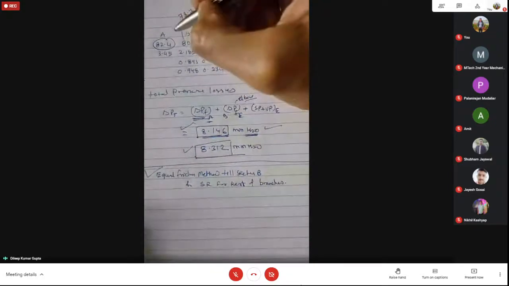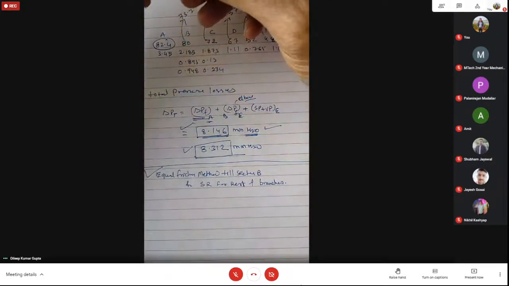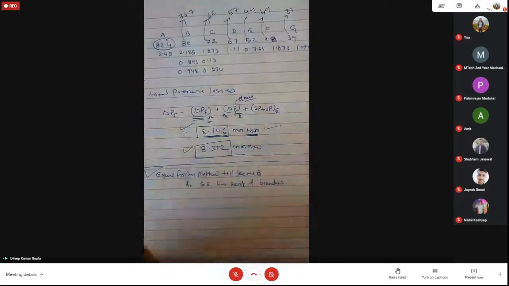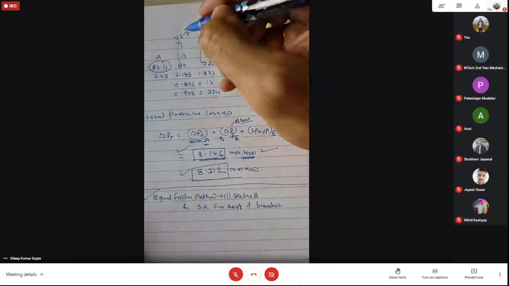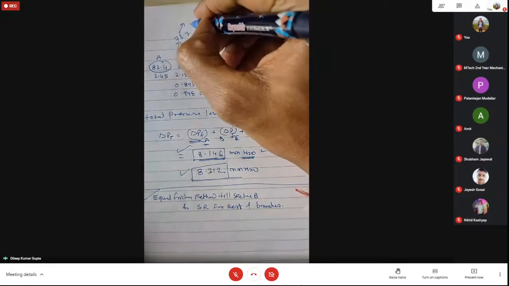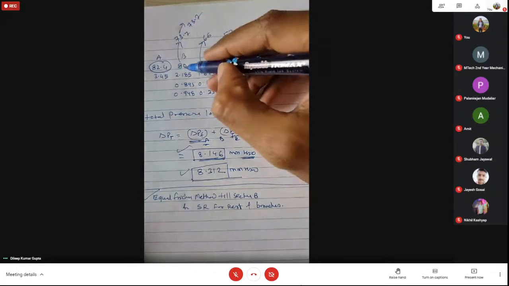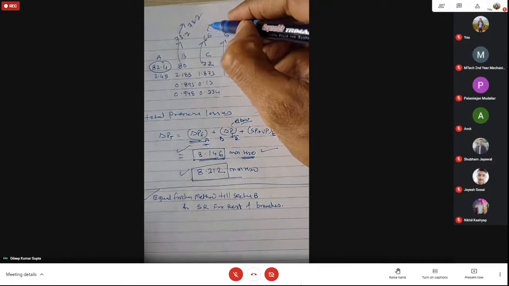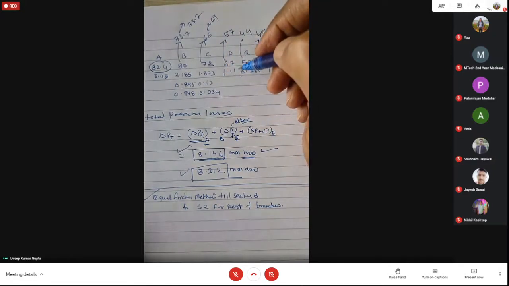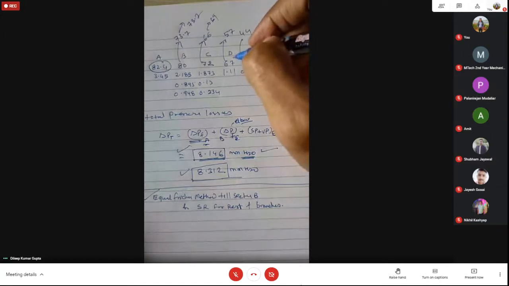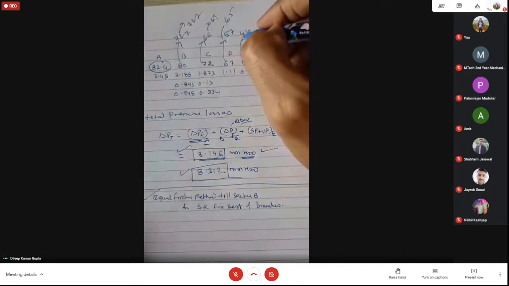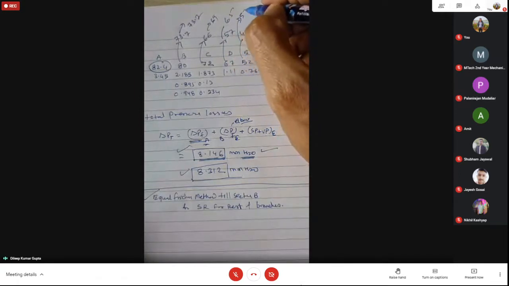See, I am writing the third one. This value will be constant again for this one, but here it will again be 73.7. Since you again use the same equal friction method, it will be 73.7 instead of 80. This 72 goes to 69 here. Then this value 52 is going to 65 for this method. If you are going for this one, it is going to 51, 46 and 37.